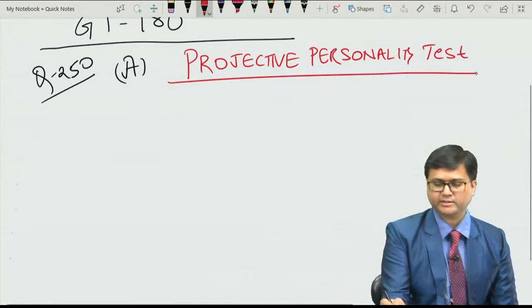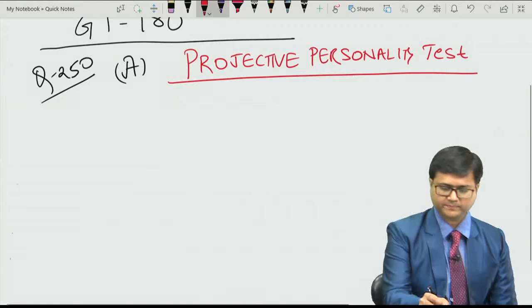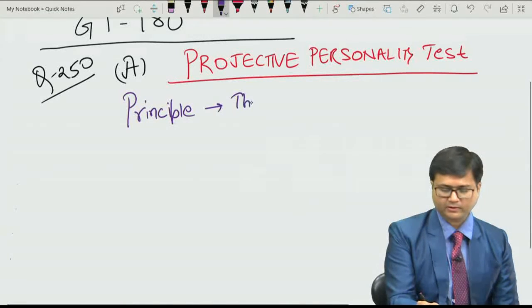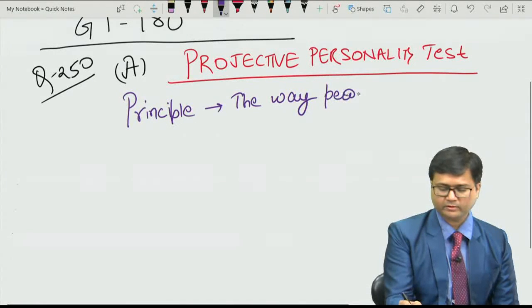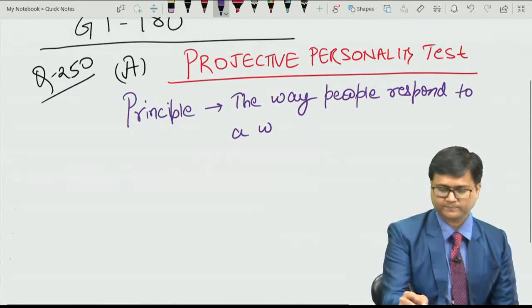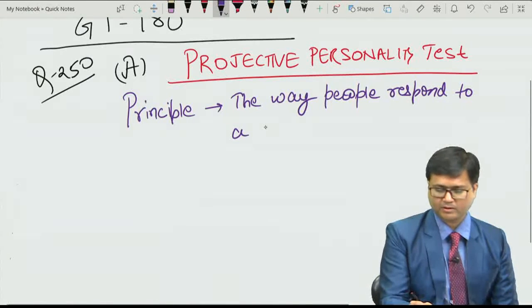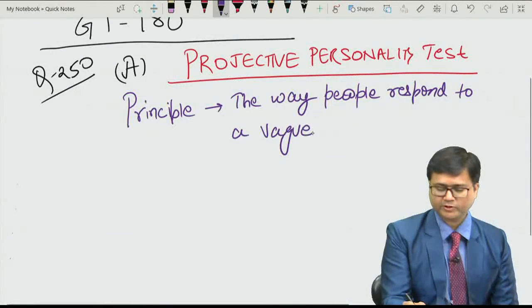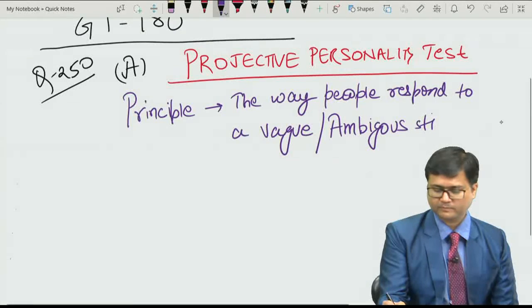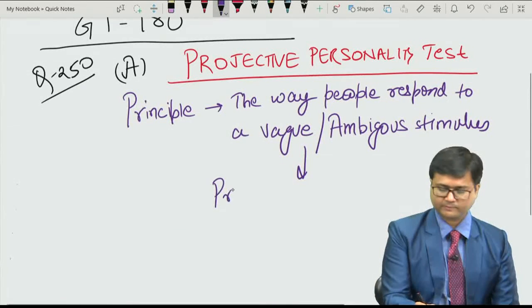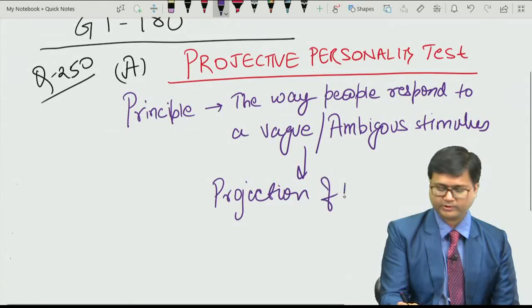Projective personality tests are based on the principle that the way people respond to a vague or ambiguous stimulus is the projection of their underlying